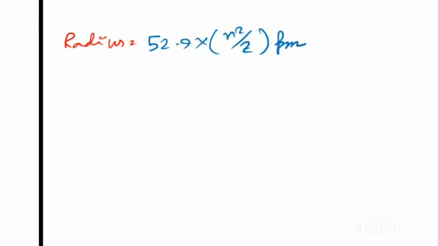So now we are going to discuss radius. What is the formula of radius? That is 52.9 into n square by Z picometer. Now you see that the radius is also directly proportional to n square by Z. Now, like the previous equation, we can also conclude the variations from this proportionality. So here Bohr's equations are done.